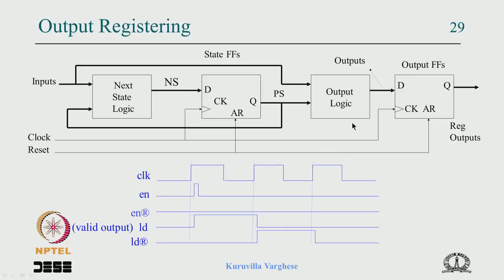If you are clever you can find a solution, maybe you can solve a very critical problem if you understand the issue. But now look at it, that's a permanent solution for output racing or output glitch. One thing I want to bring out from this diagram: earlier we said that this output logic and the next state logic get the same input, the present state and the input. The real inputs from the data path go to this stage, and to this stage, and we combine